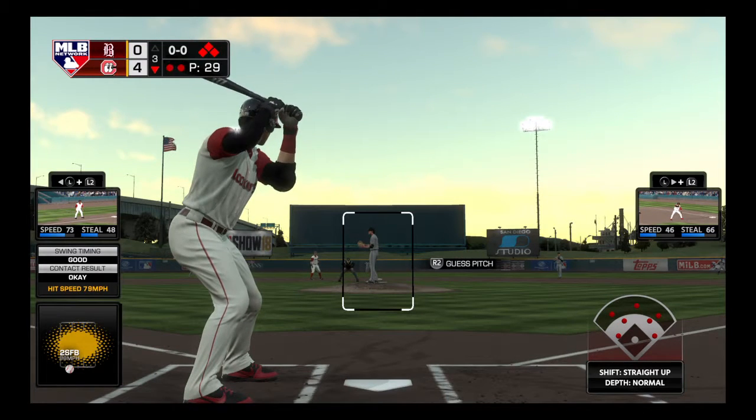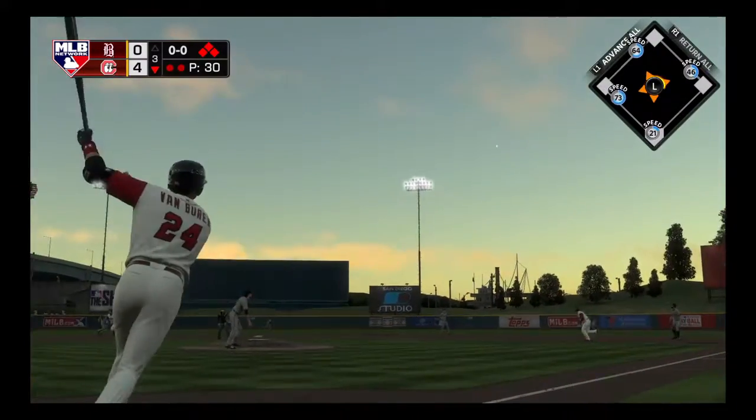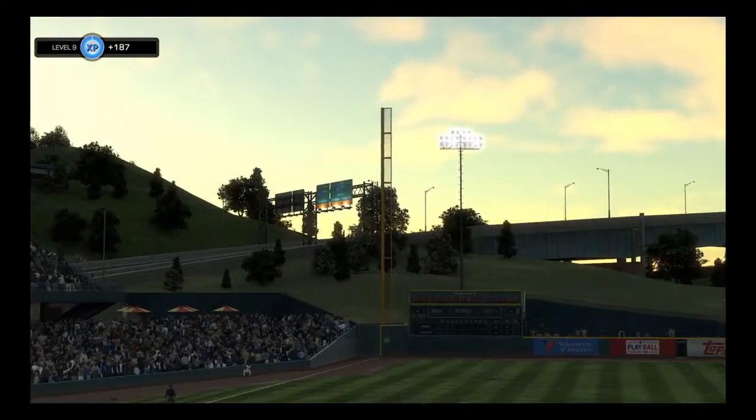No, he isn't. You know what he's going to do after this one? He's going to go to the movies and watch the movie about himself, the Rocky Horror Pitching Show, because this has been a nightmare. Hit the other way out toward right field. Number 37 is there to make the catch, and they'll escape the bases loaded jam by giving up just one